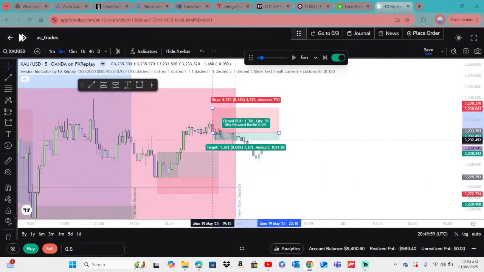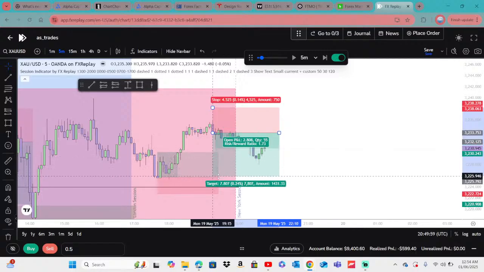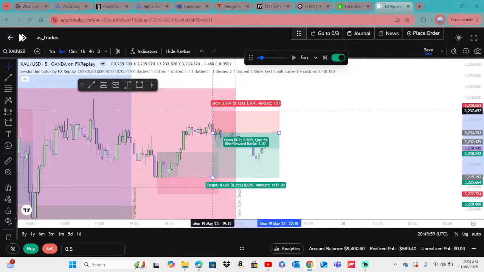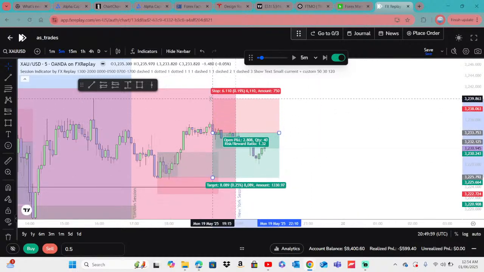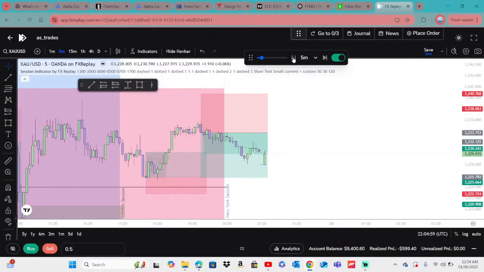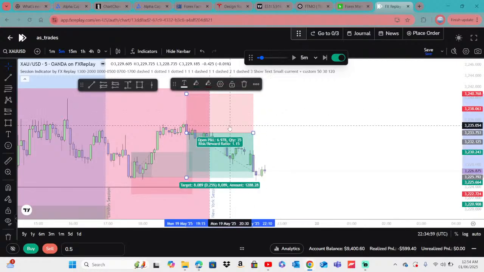You could have aimed for this actually, or there's a fair value gap there. You could aim for there. That would have been a bad trade, the risk to reward would have been bad. So I would have actually aimed for there. Put this stop loss just... Yeah, this is definitely a bad trade to make. I would have put the stop loss here. But yeah, the trade definitely worked, but it's not a good trade to make.